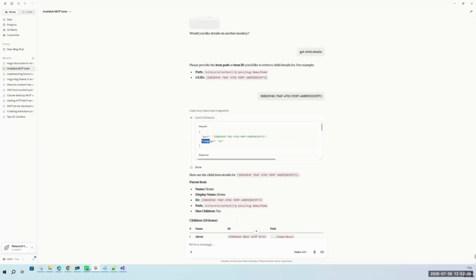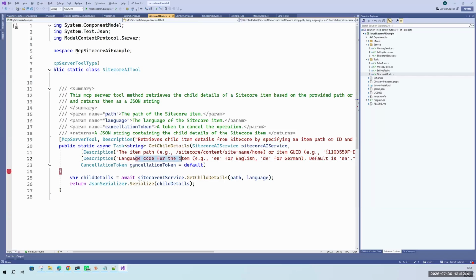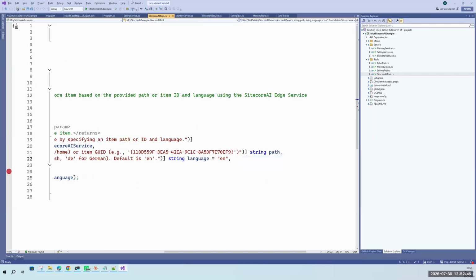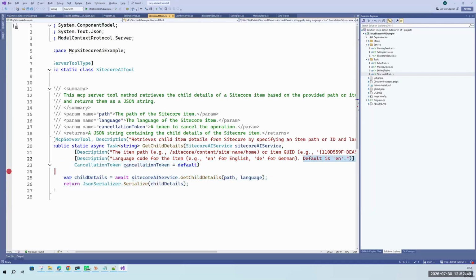Suppose you see here that it automatically picked up the language as EN. How does your agent know which language needs to be passed by default? Because I have already mentioned a description here, and these parameters are exposed to the agent. That's why the default language is automatically passed as EN.